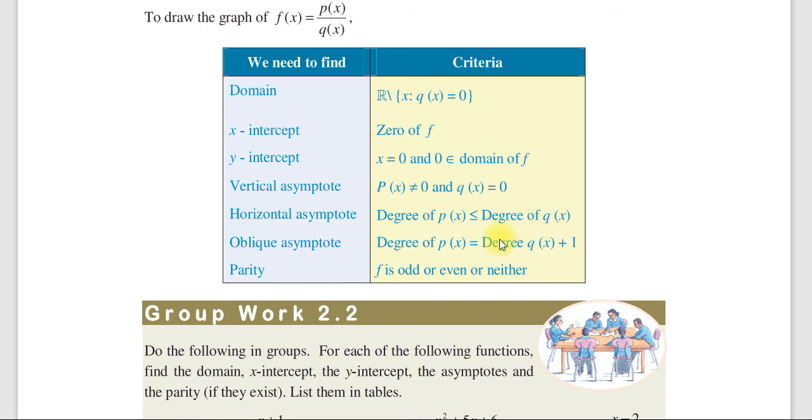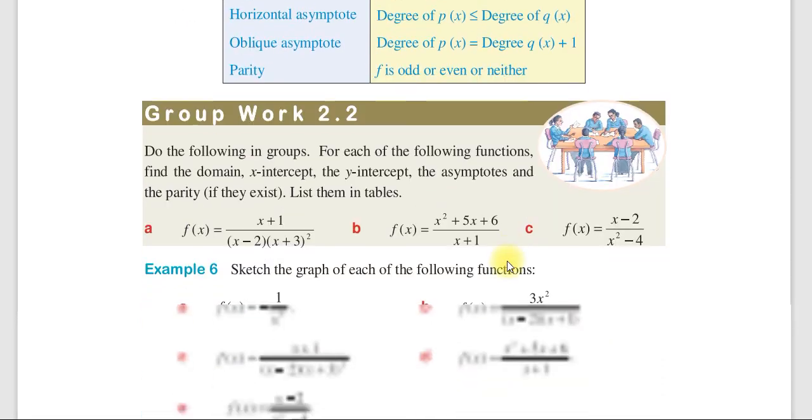የኑሜሬተሩ ዲግሪ ከዲኖሚኔተሩ ዲግሪ በአንድ ከበለጠ ኦብሊክ አሲምፕቶት አለ ፓርቲው ደግሞ ምንድነው whether f is odd or even or neither evenness እና oddness ማለት ስለዚህ odd ምንድን ሲሆን ነው even ምን ሲሆን ነው neither ምን ሲሆን ነው የሚለውን ነገር እናያለን ማለት ነው